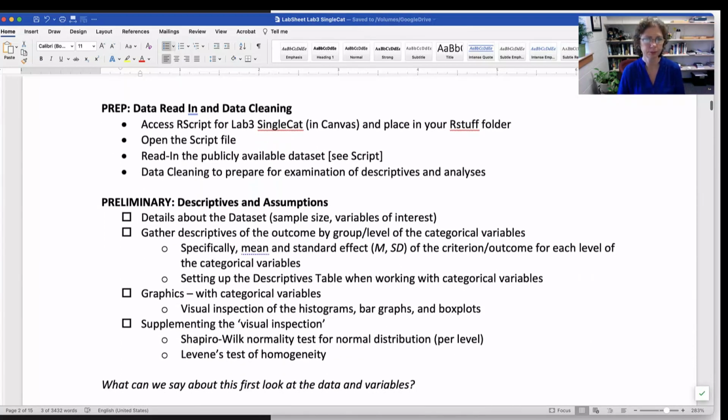So to prep, we need to read in the data set and do a little bit of data cleaning to get it ready for our analyses. So we'll move over to our RScript file,